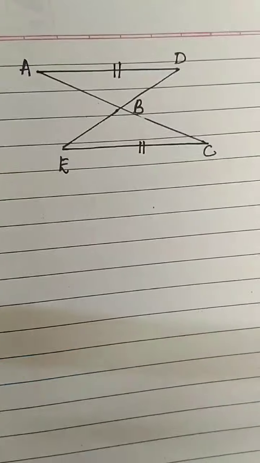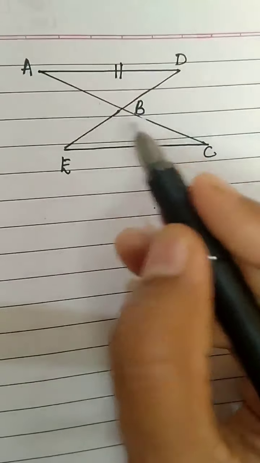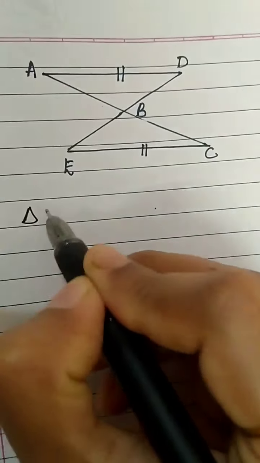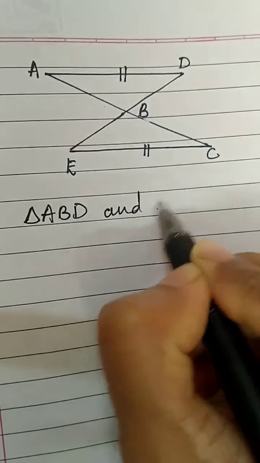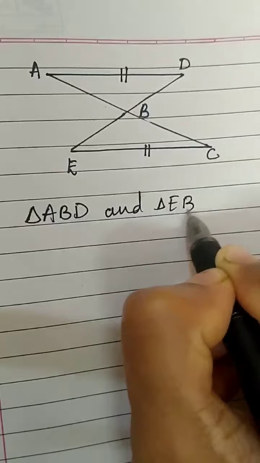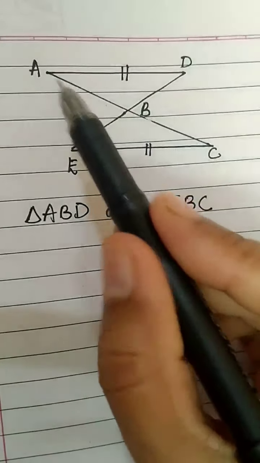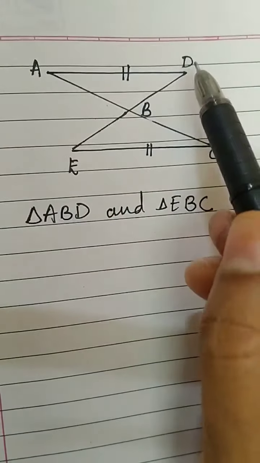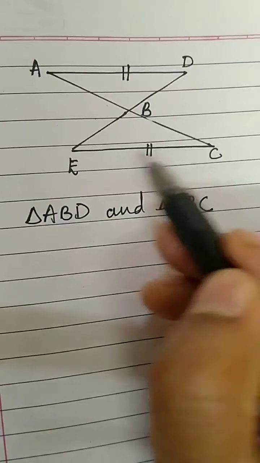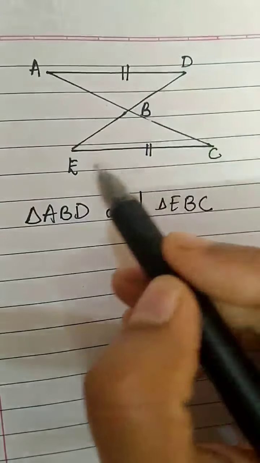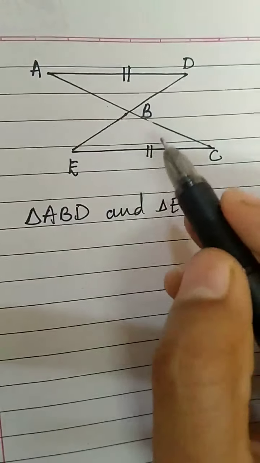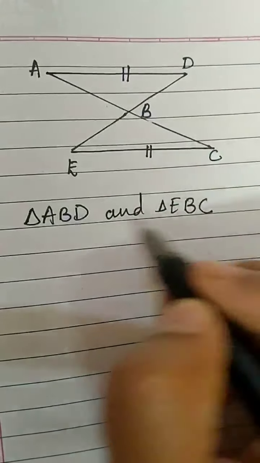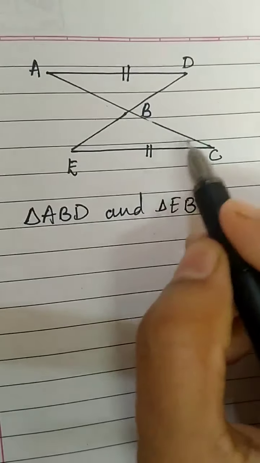Let's see the figure and the names of the triangles, triangle ABD and triangle EBC. AD congruent to EC is given. They are asking what one more information is required so that we can prove these two triangles congruent by AAS